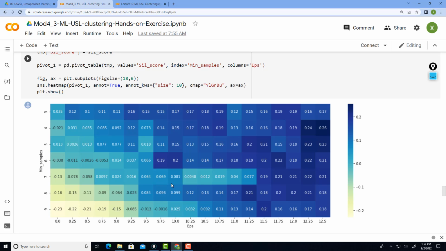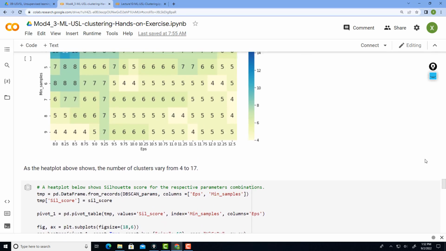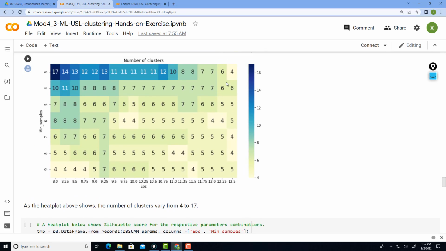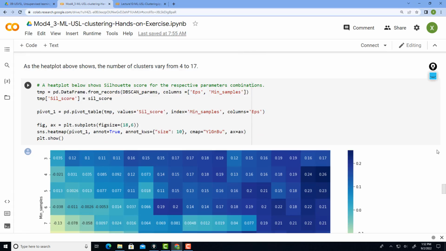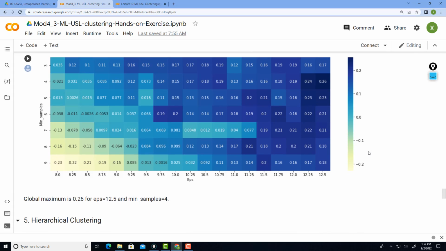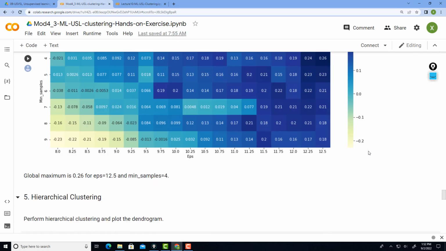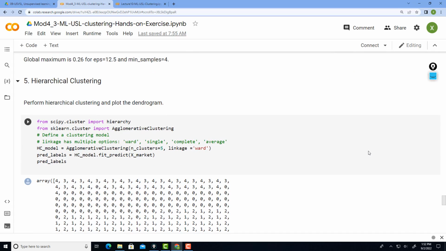In fact, if you check the silhouette score, this one, 0.26, seems to be the highest silhouette score in this grid search. And this silhouette score indeed corresponds to 6 clusters in the final results.